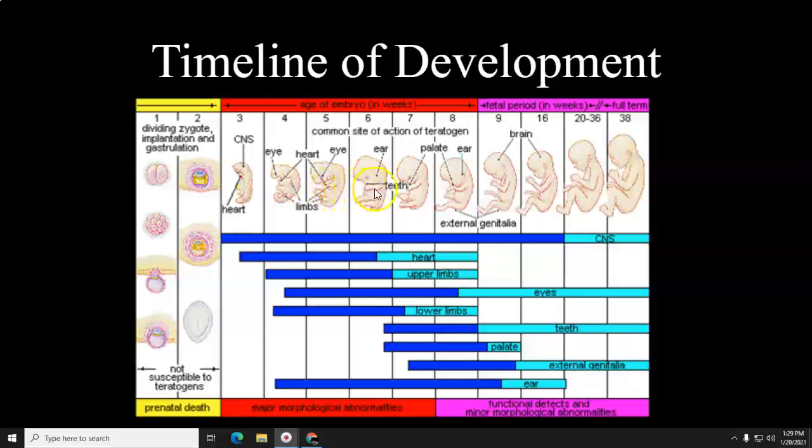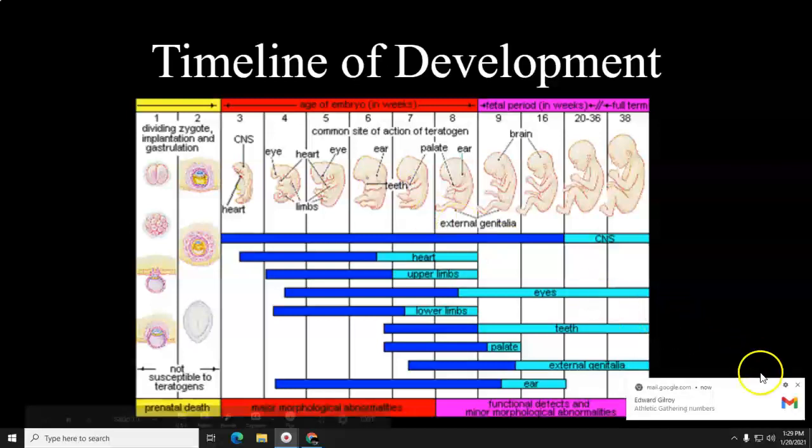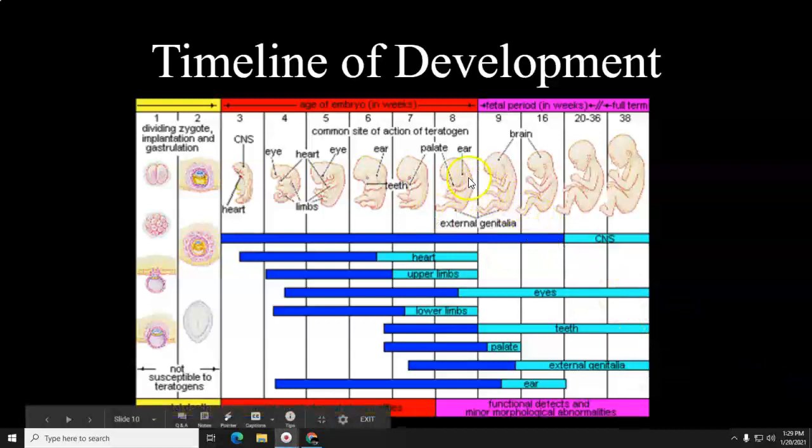And then about 6 weeks, you start having an ear, and the teeth. They're not like teeth that are out yet, because babies don't have teeth when they're born, but they're formed inside your gums, your palate, which is the bottom of your mouth. And then you have your ear forming at 8 weeks, and your external genitalia. And this is the stage where they can figure out if you are male or female. They do the sonogram now, and they can say, oh, okay, we know what that baby is.